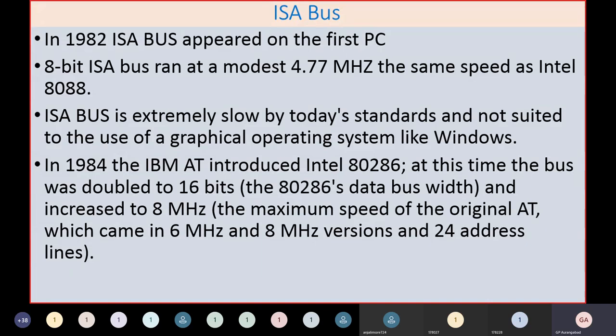With 24 address lines, you can certainly address 16 MB of memory. As you know, with a 20-line address bus, your memory is 1 MB.